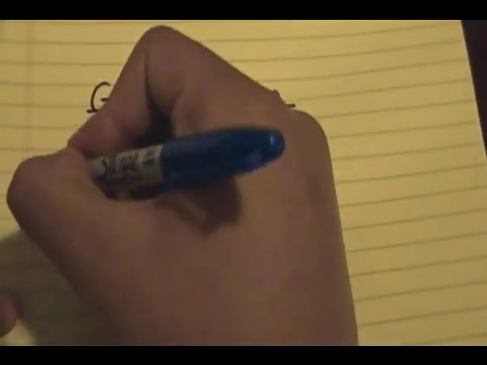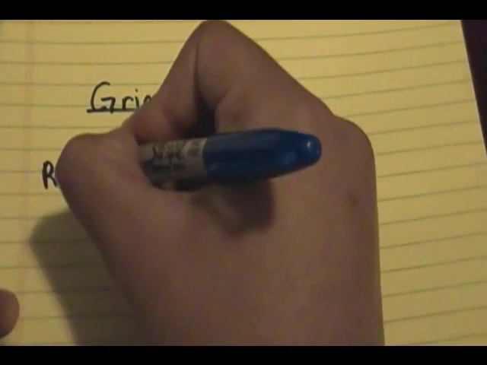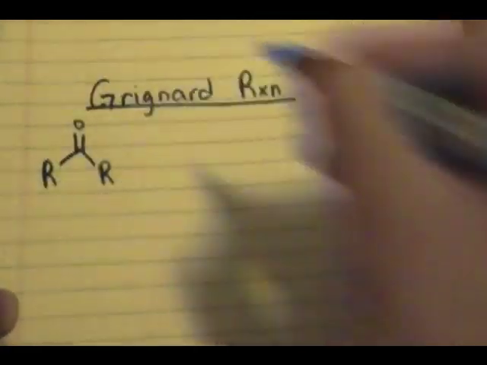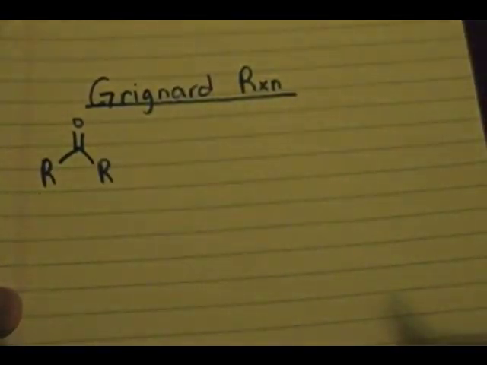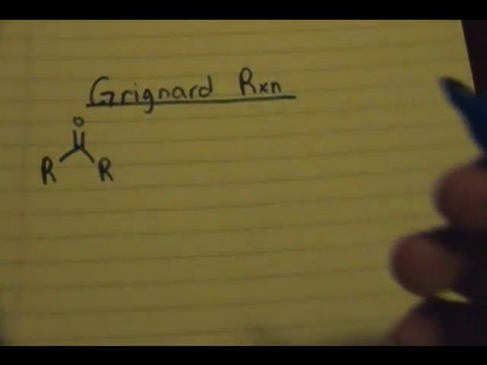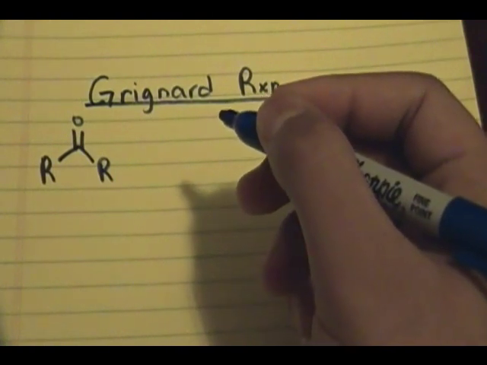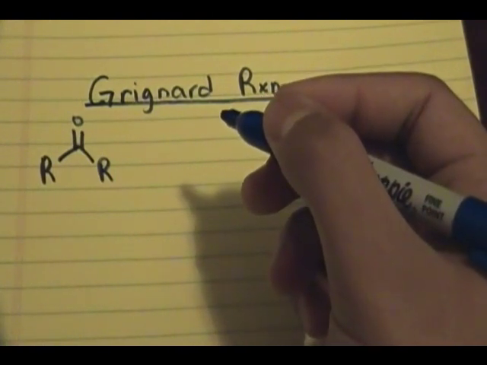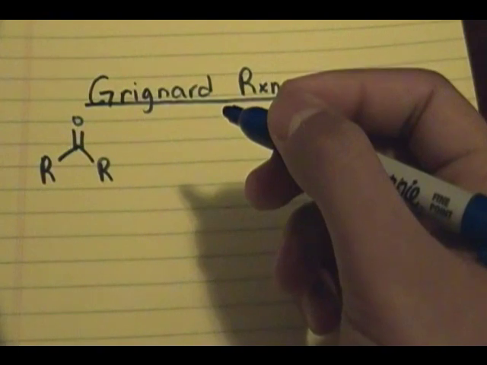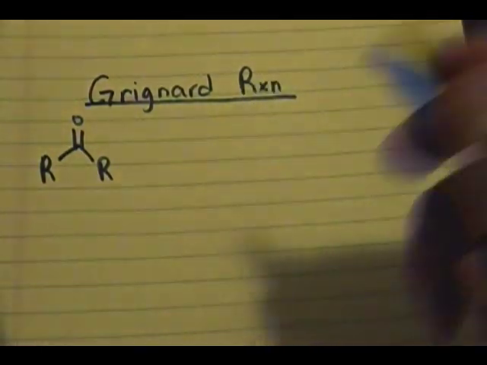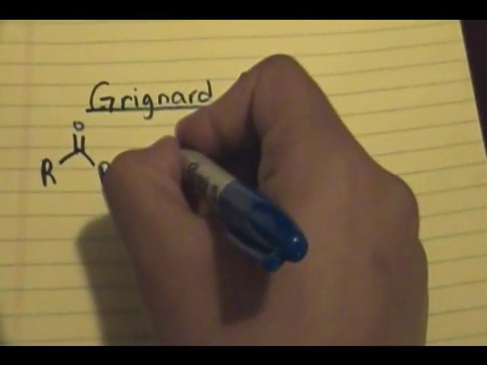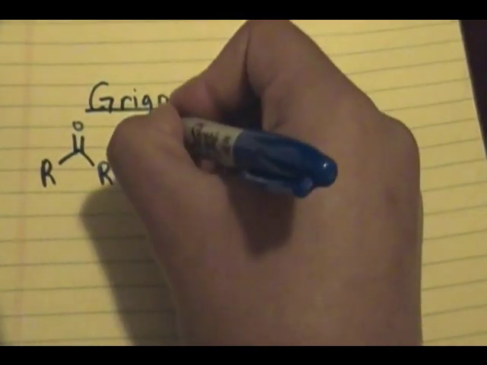So if we have a ketone, R groups basically being any type of alkyl group. So it could be an aromatic ring, a phenyl group, or alkyl, propyl, butyl, a pentyl type of group. Anything could be the R, but it's an alkyl group, and that's going to react with